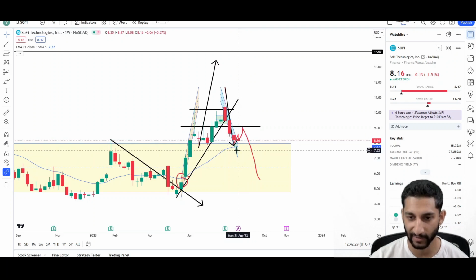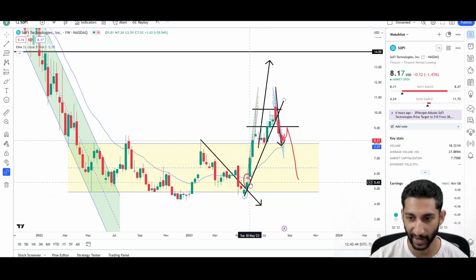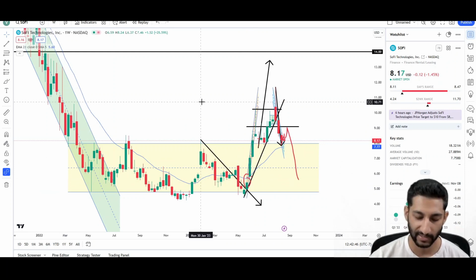But either way, I think the more likely situation is to just expect further pullback to the $9 level. But if we start seeing aggressive selling, then you know where it's headed next. It's probably headed back inside this yellow range, maybe to the starting point of this entire up move back at the mid fives. So that's all I have for SoFi Technologies this week, Tuesday, and I'll give you guys an